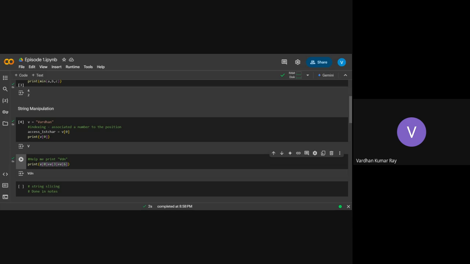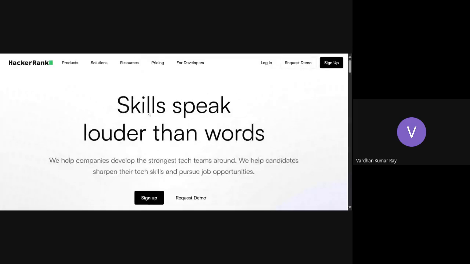Swati, are you there? Yeah, I'm here. I need to mention about HackerRank, right? Yes. So let me share my screen. Share this tab instead. Can you see this new screen? Yes, I think you guys can see. So this is the